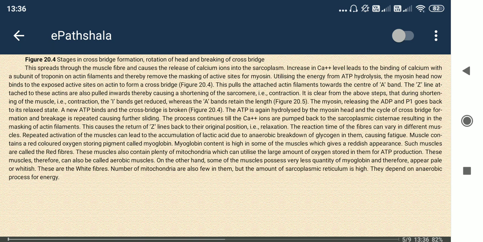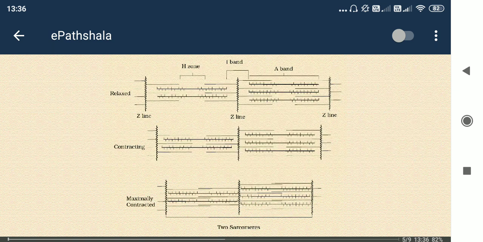Another important thing is calcium ion, Ca2 plus, which is needed for muscle contraction. Here you can see the H zone and A band, in case of contraction they are coming closer to each other. The distance between these bands is less in the contracted condition, but when relaxed the distance between these lines or bands is increased. In the upper layer you can see the ATP binding site and actin binding site.